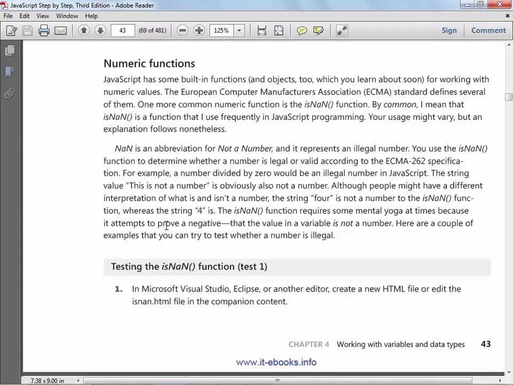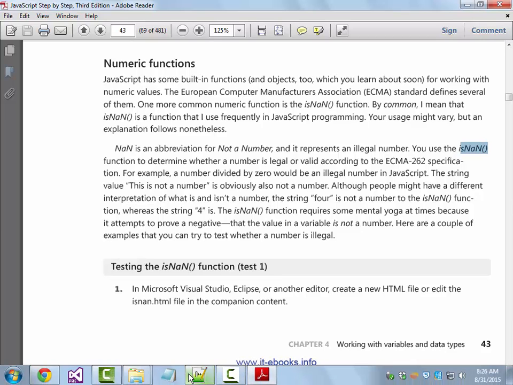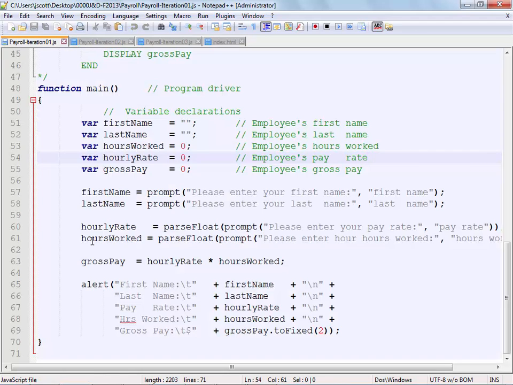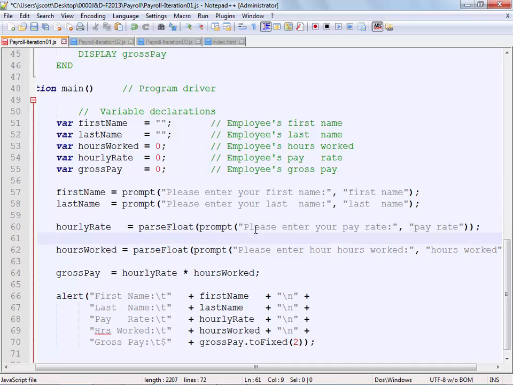All right. JavaScript has a lot of built-in numeric functions. We've already looked at one, NaN, not a number. It says you can also use another JavaScript function called isNaN to check to see whether or not a number is valid or it is not valid. So in other words, we'll do this in later programs, but I just want to show you this. I could have come in here once we said this,